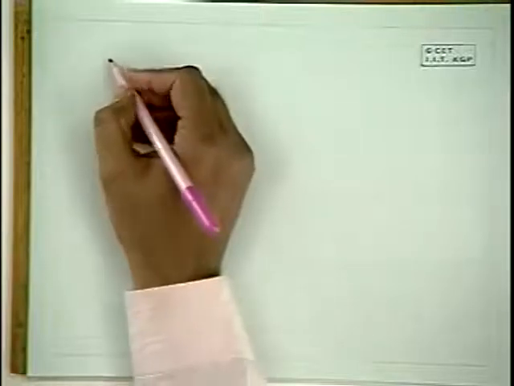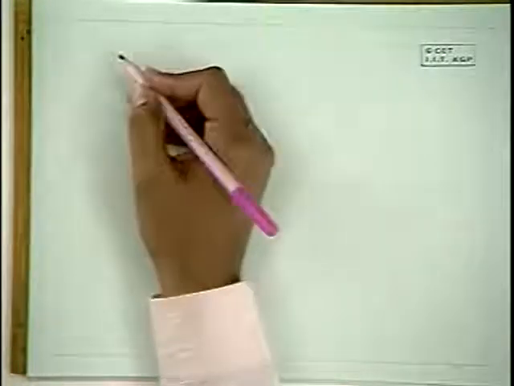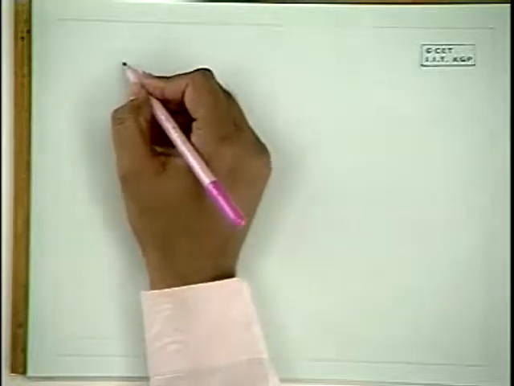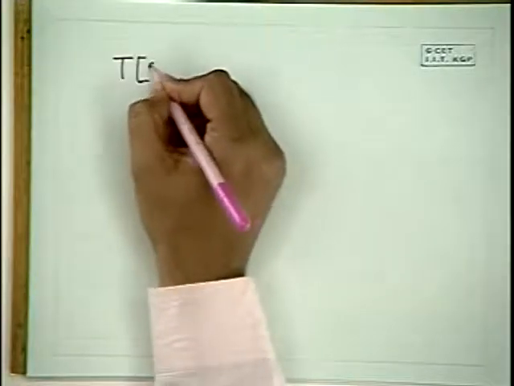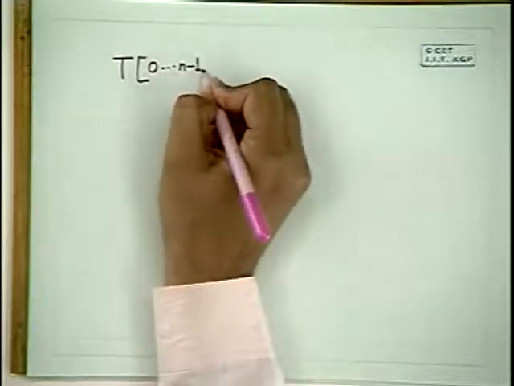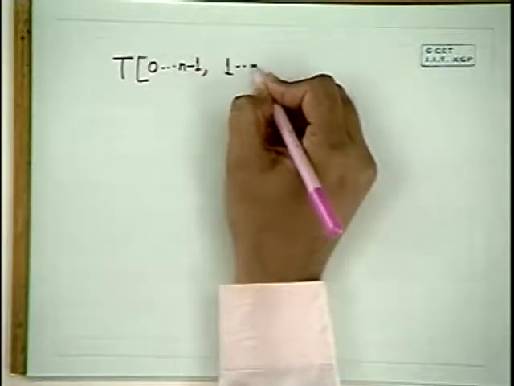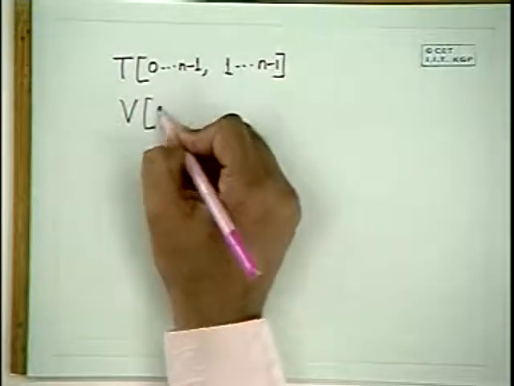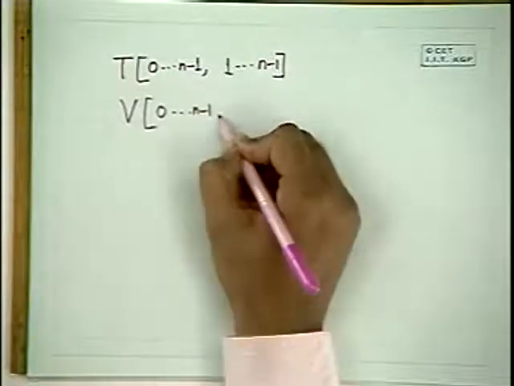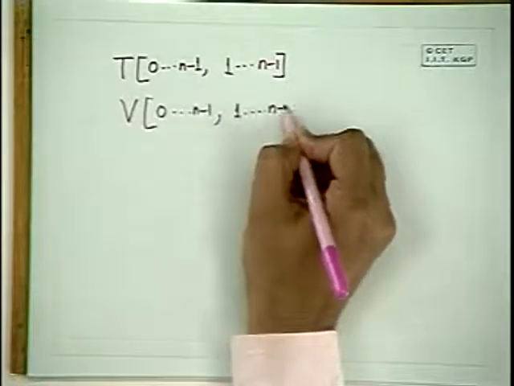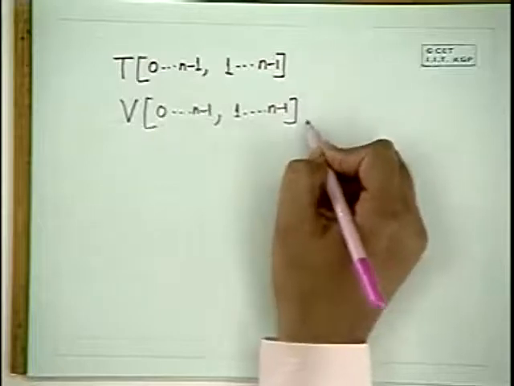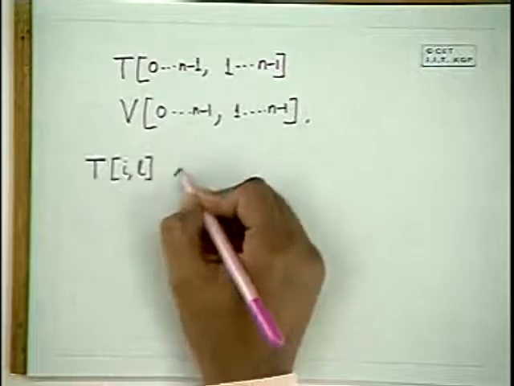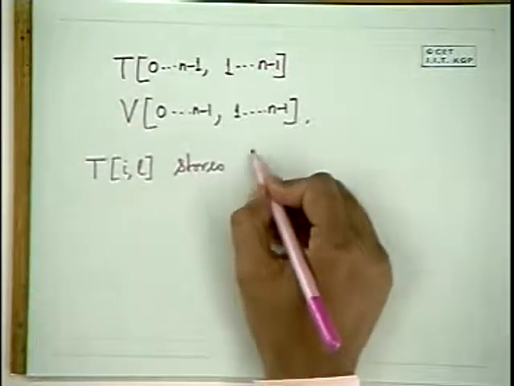I will be using 2 matrices again to keep the dynamic programming table. I need to use some table. So one is T, which goes from 0 to n minus 1 and 1 to n minus 1. And there will be another table, V, 0 to n minus 1, 1 to n minus 1. What does it do? T[i][l] stores the weight